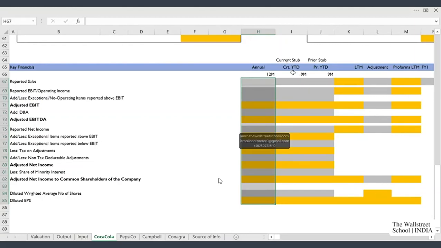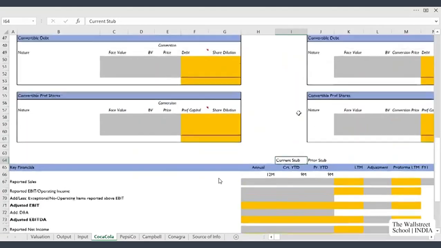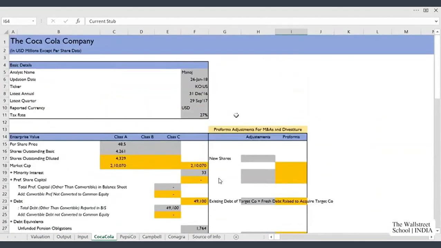And in the next column, we need to punch in current year to date number, which is also called current stub. So friends, what this current year to date numbers means? As you can see in the basic details, after publishing its annual report, Coca-Cola has also published September 17 quarterly report as till the updation date of 26 Jan 18.